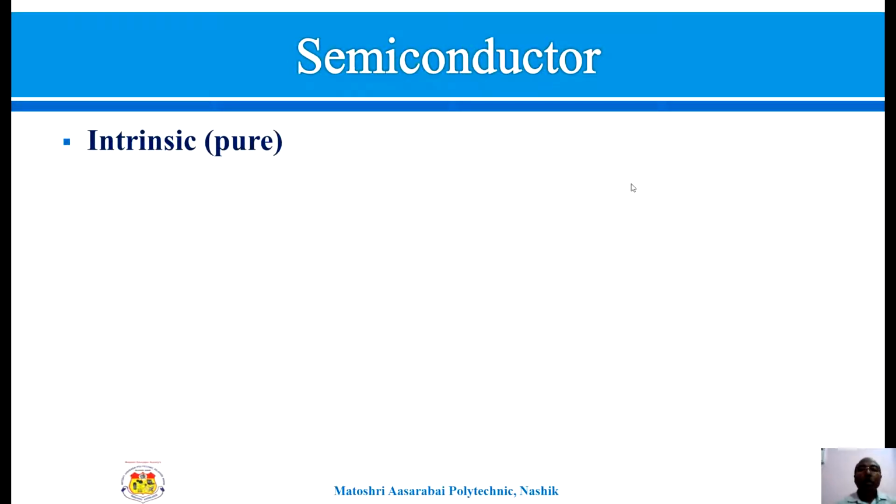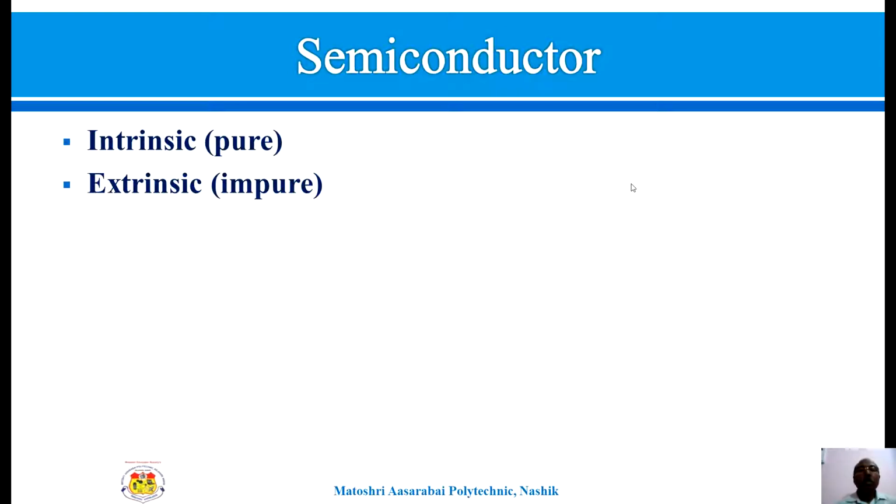In the case of materials, we can classify these materials with reference to electrical characteristics. Materials are of three types: conductors, insulators and semiconductors. The conductivity of a semiconductor is between the insulator and the conductor. Semiconductors are of two types: intrinsic semiconductor and extrinsic semiconductor. Intrinsic semiconductors are the pure semiconductors and extrinsic semiconductors are the impure semiconductors.